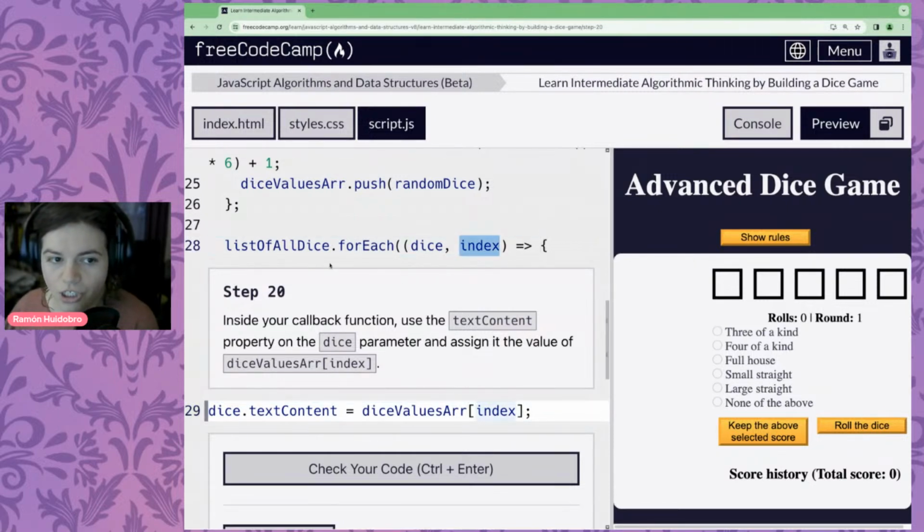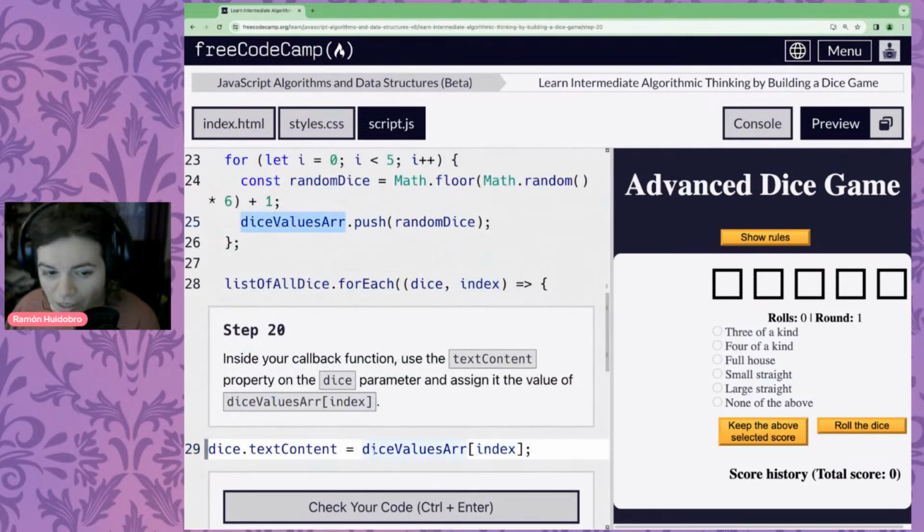We're going through each index of this array, which remember are dice elements. And for each of those dice elements, we're setting its content to be the value at the index for the random numbers. So it's saying, for the first die, put in the first random number. For the second die, put in the second random number. For the third die, put in the third random number, and so on and so forth.